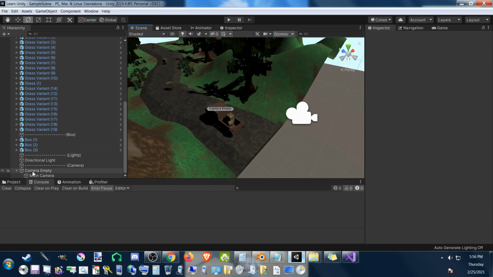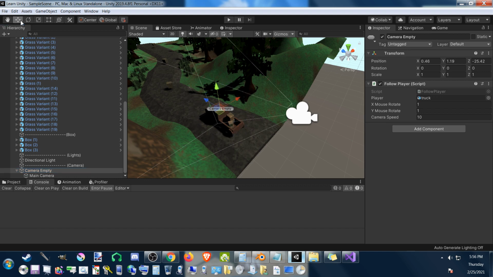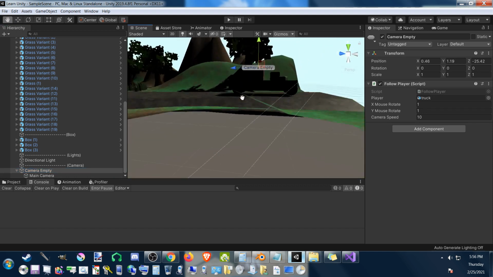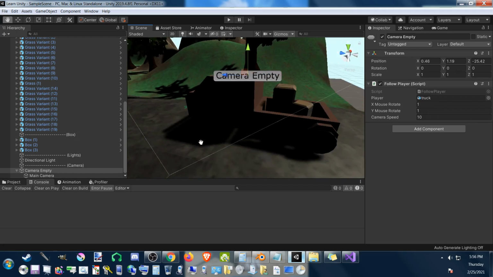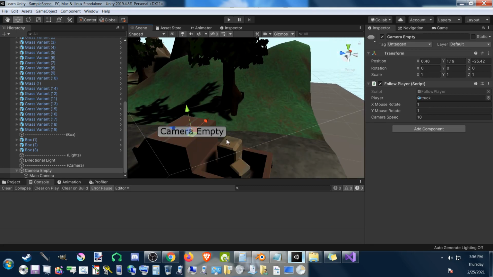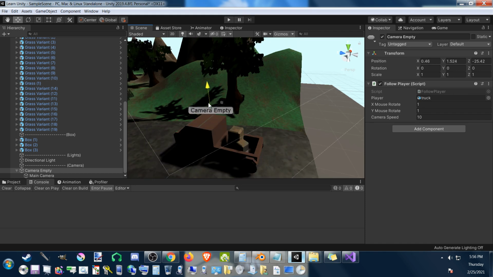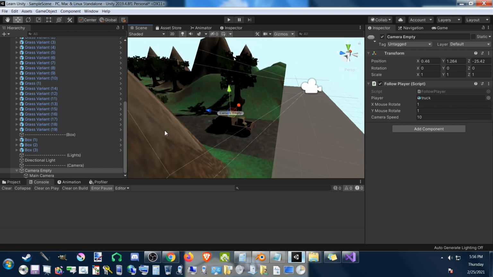Now the camera empty is literally exactly what you think it is. It's an empty object. It's a point in space that has no data other than its name and the component label that allows us to see it where it says camera empty. Otherwise you wouldn't see it, it'd be completely invisible unless you select it from the hierarchy view, and then you can see the gizmo that lets you move it around. But effectively, it is invisible. There's nothing there. It is just a point of data. Anyways, now that that's explained,